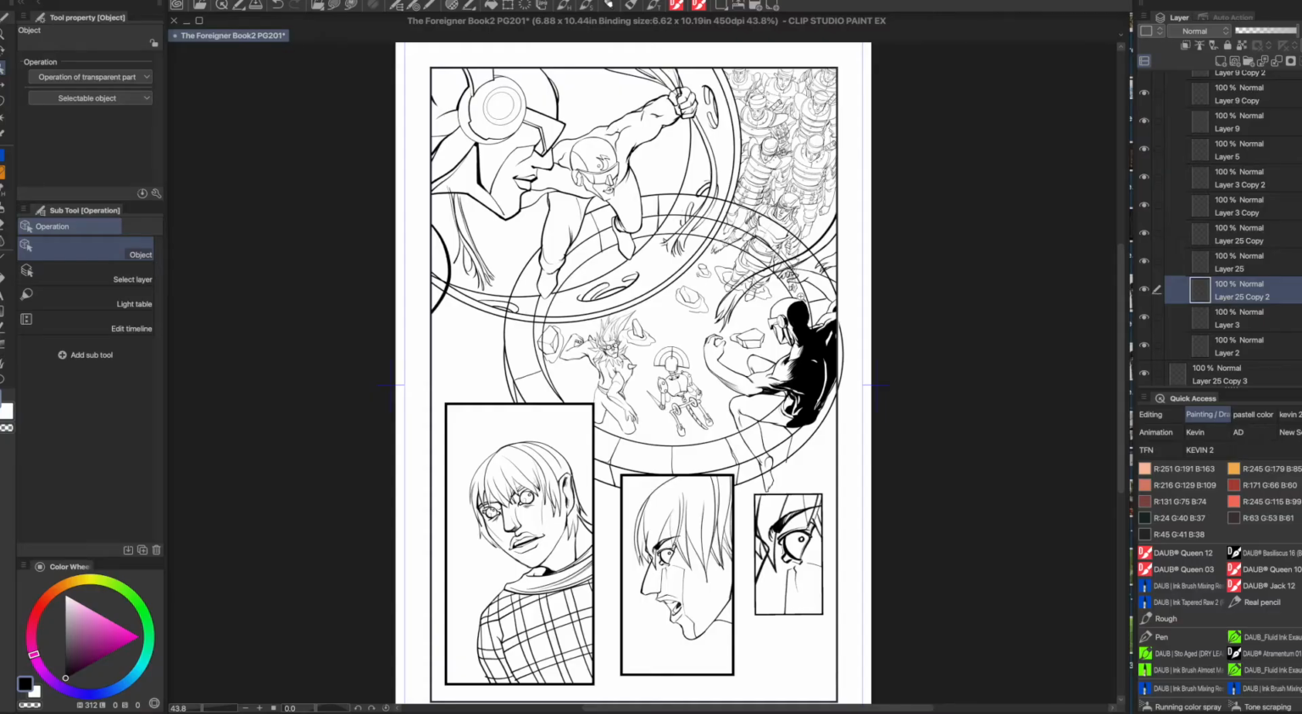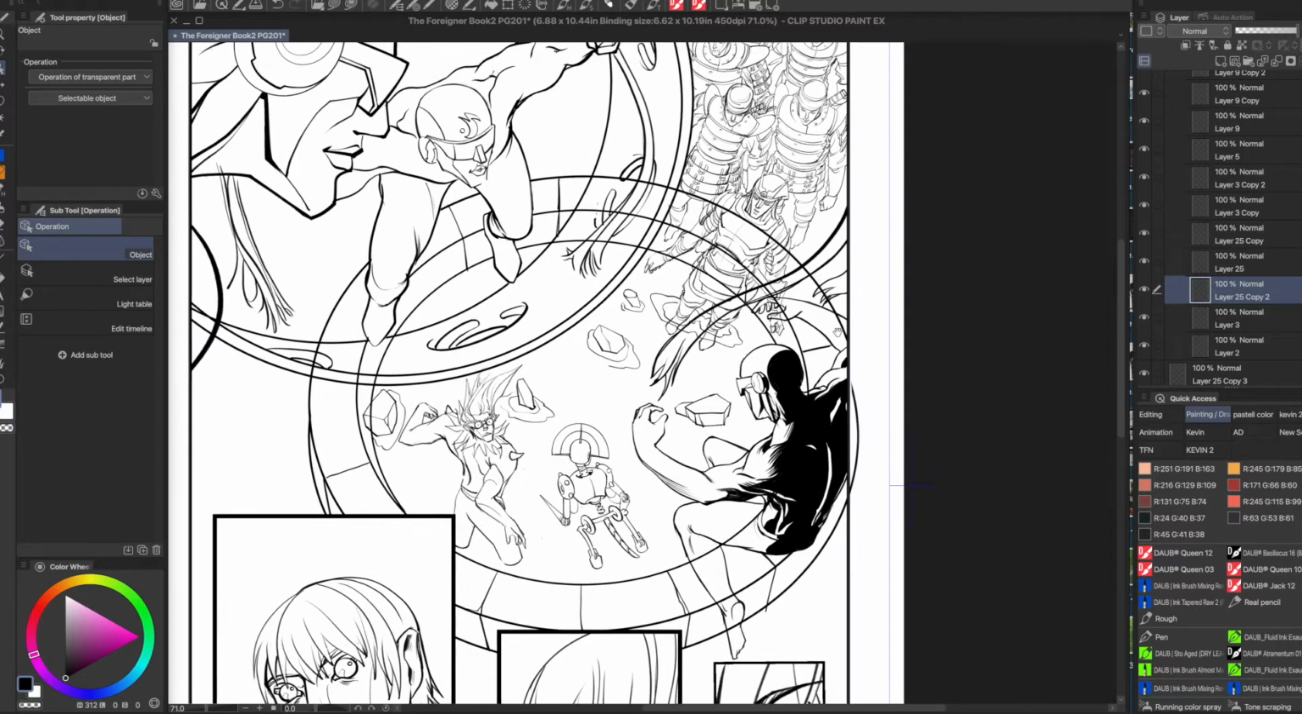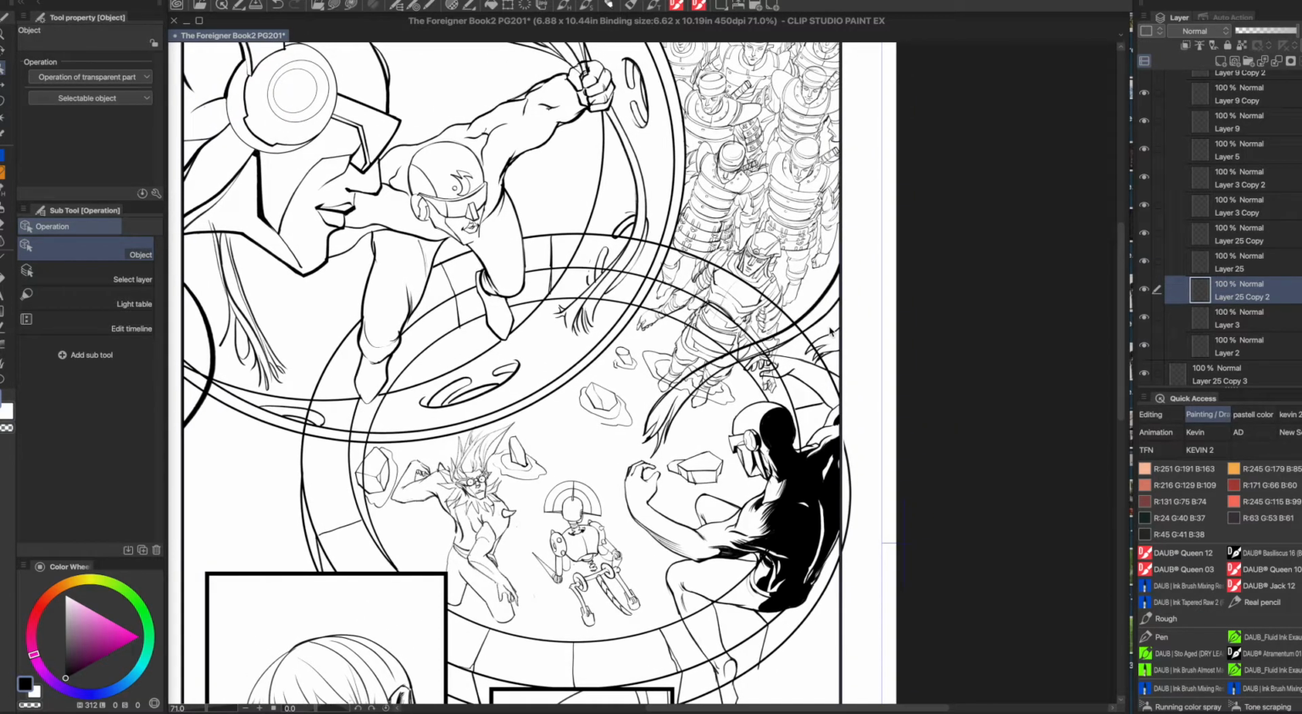I've got one of the pages from my Kickstarter graphic novel, The Foreigner, Book 2. It's currently on its 201st page. It's running a little bit behind with all the COVID, moving, all the situations. It's been chaotic, to say the least. But I thought this would be a good opportunity to demonstrate some of the